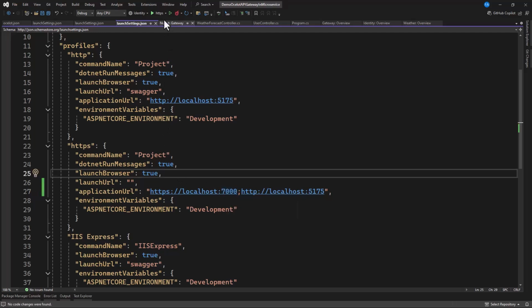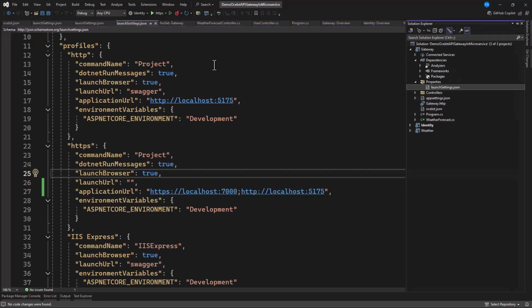All right, so let's see. Now let's run the 3 projects. So you know this is running on HTTPS, so maybe let's start with the other ones on HTTP. So let's choose identity is running on HTTP, and also weather is running on HTTP, right?